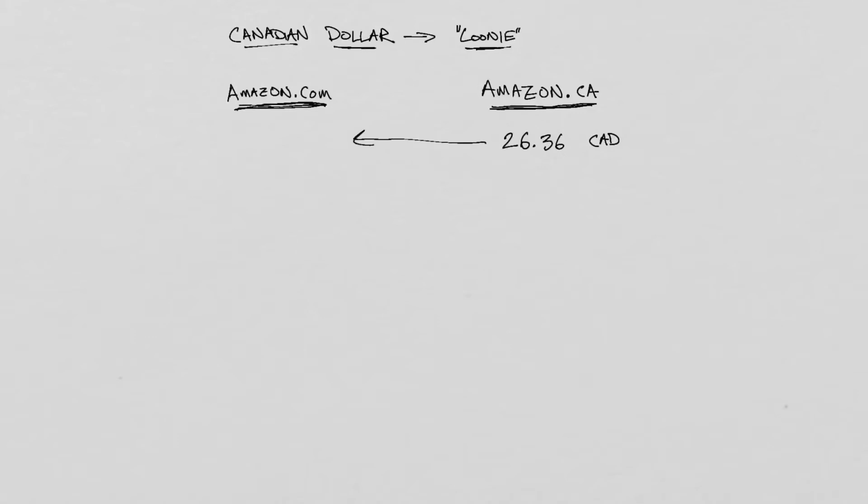And if you go over to the US Amazon.com website, we see the same book priced for 23.06 US dollars, USD. And like our gold example, can you use these? This time we're not using any precious metal or Bretton Woods or anything like that. We're actually just doing something much more everyday and using these two textbooks to figure out the implied exchange rate of the Canadian dollar versus